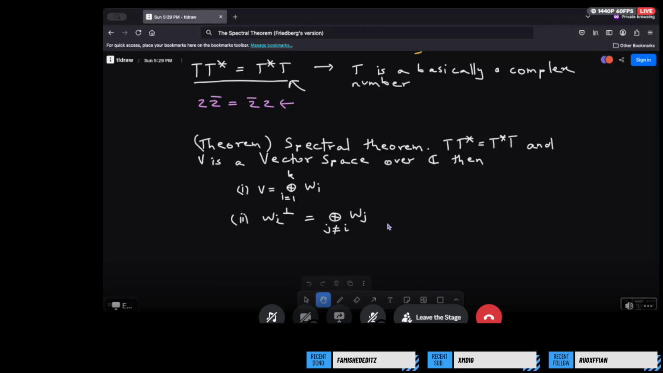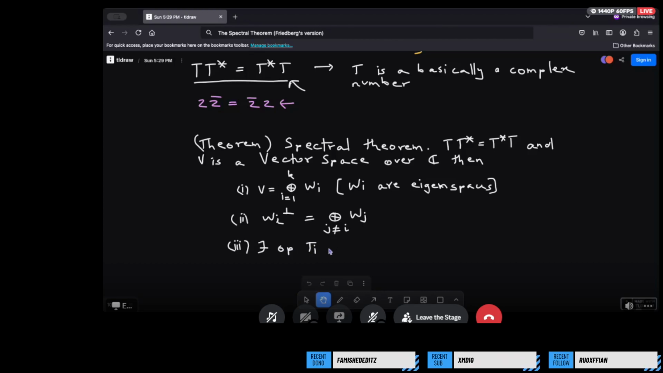Oh yes, and I also should mention that the Wi are eigenspaces. Okay, I'll get into what an eigenspace means in the proof, probably. No, I will do this. And then it also tells us that there exist orthogonal projections,